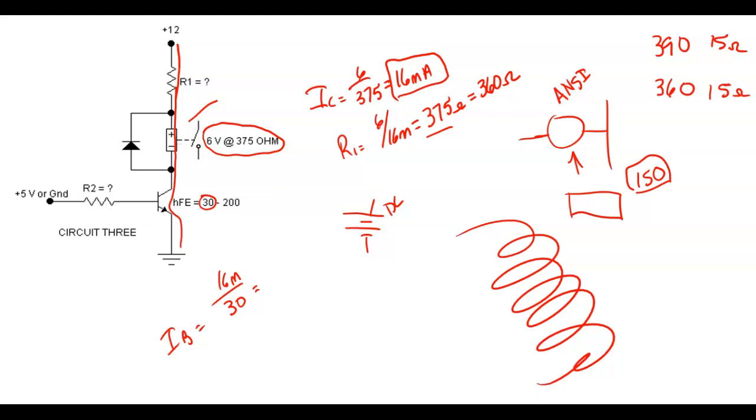That's a really good question. With 6 volts and 360, they're getting 16 milliamps. So if we use the 390, then this relay needs 16 milliamps to pull it in. If we use the 390, then it's going to drop more than